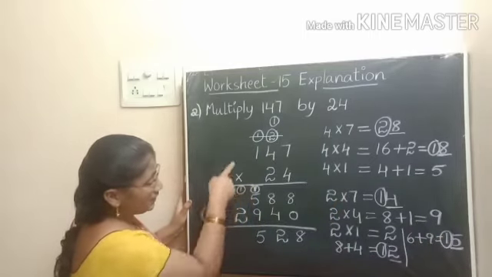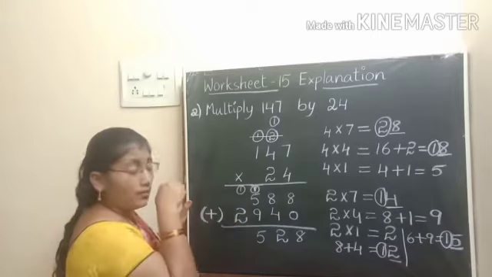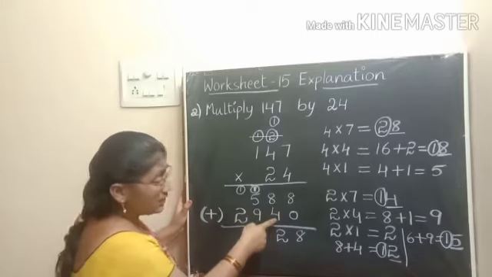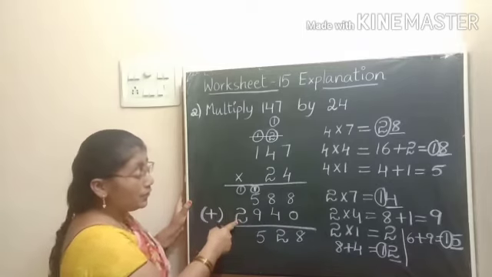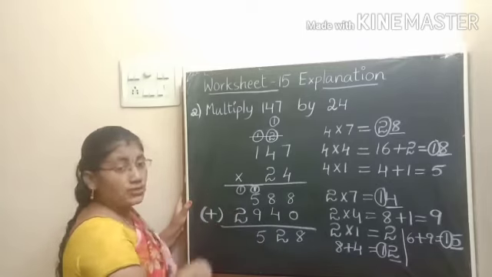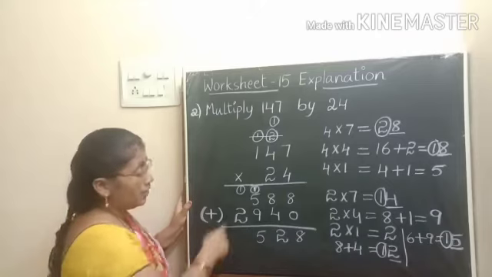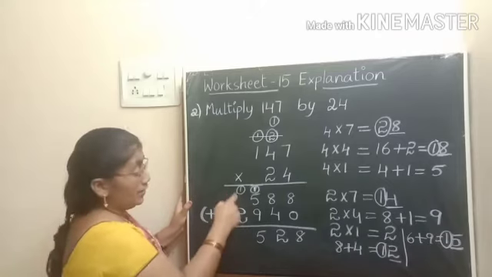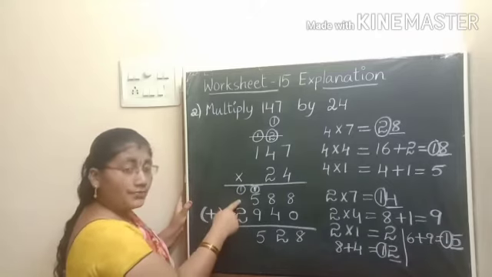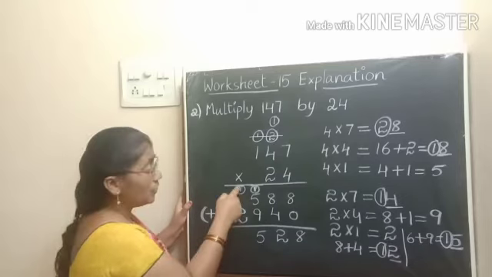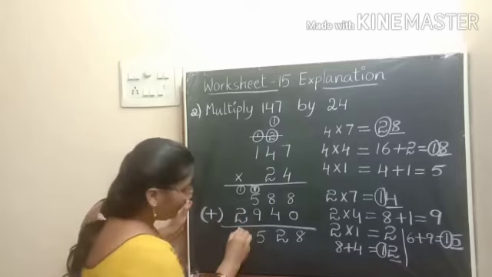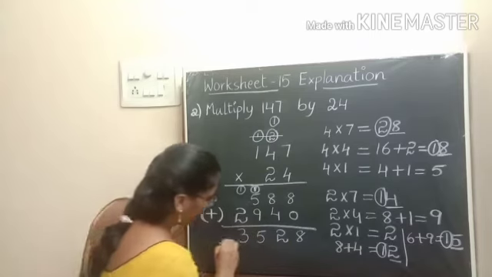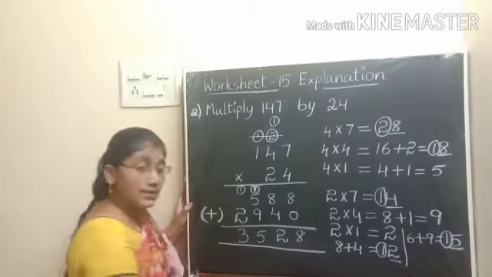The next place is thousands. This is ones place, tens place, hundreds place and then thousands place. Now we should write 1 in thousands place as carry. Now add these digits. Is there any other digit to add? Nothing. So add 1 and 2. By adding these two, we get 3. This is the final result.